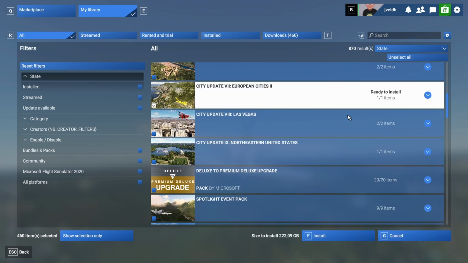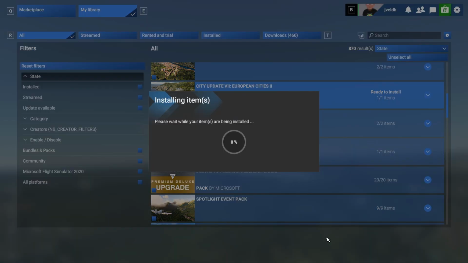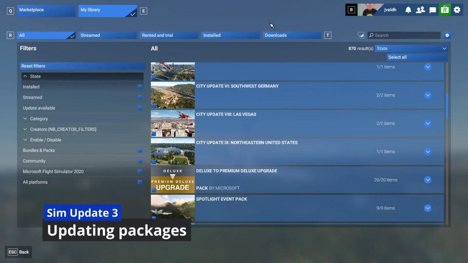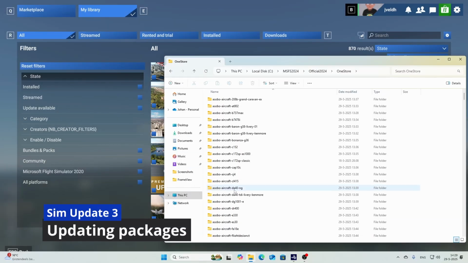So if I press install now, which might again take some time, it will change those names to the official names. In most cases, this will go pretty quick, but I will pause the video because I don't think it makes sense for you to watch the screen. So everything has now been installed, and if we look at the Explorer, you can see that all those temp